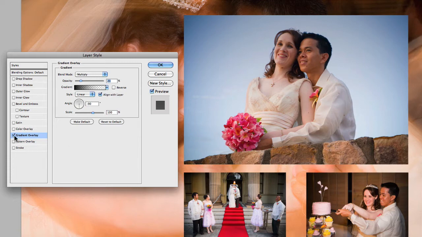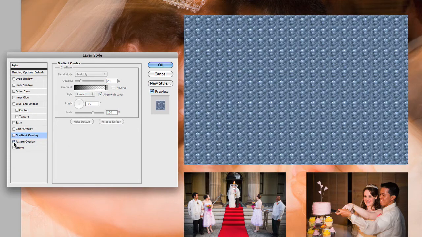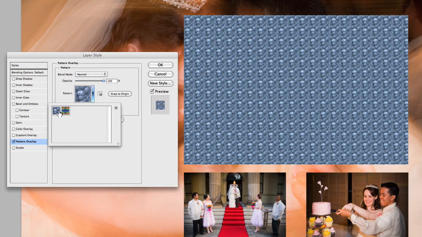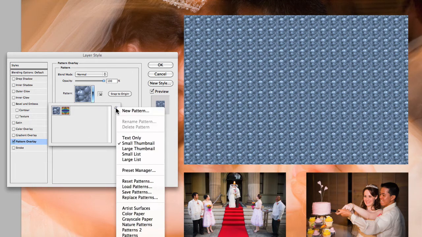You can also do pattern overlays. Now, pattern overlays allow you to basically add a repetitious pattern to your layer. It has a series of default patterns that come with Photoshop, and here I've only currently got 2. Along with that, you can also add your own particular patterns and create, save, and load your own patterns, which can be very interesting. So you could add different textures like a rock face texture or a tree texture or something like that